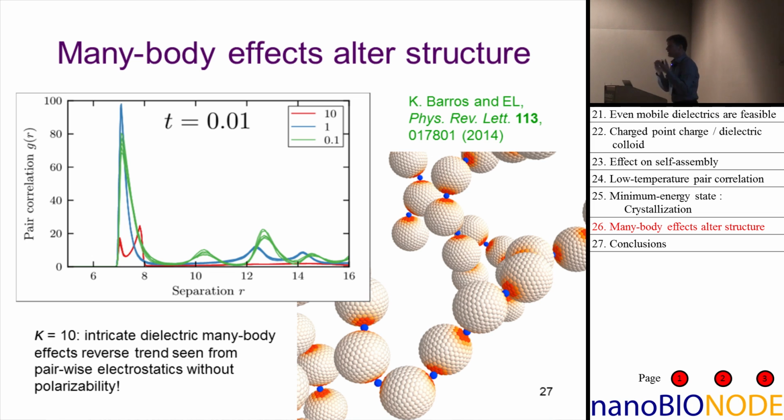But that means that another small particle that comes along has nowhere to go. It doesn't want to go to the North Pole. It doesn't want to go to the South Pole because there are already negative particles there. And the equator is negatively charged. So a third blue particle has no choice than to go to a different colloid. And that is how you get this formation of these string-like structures.